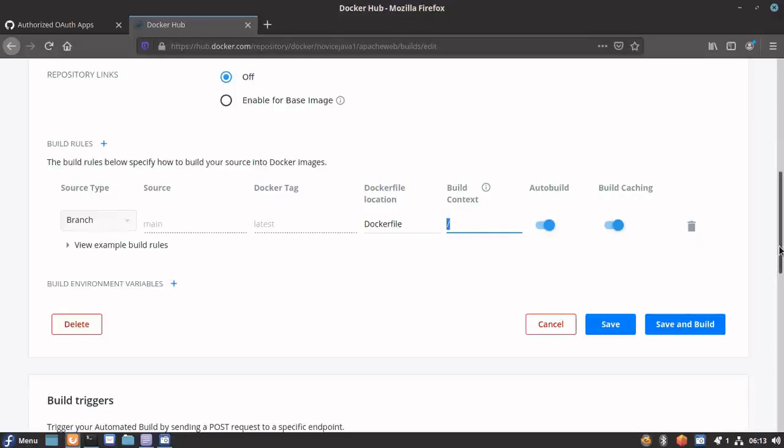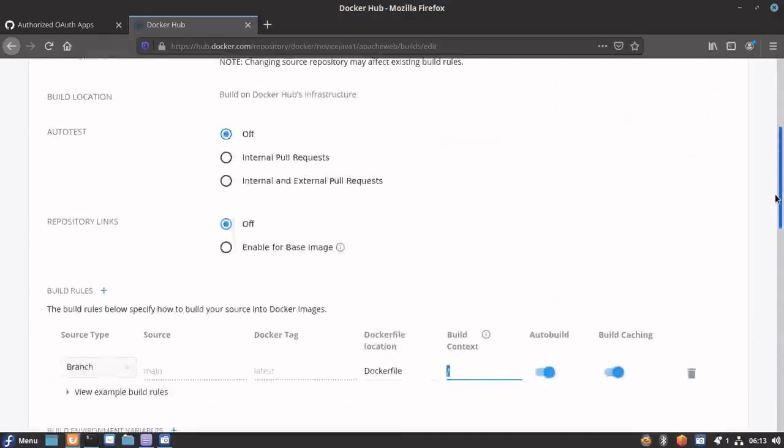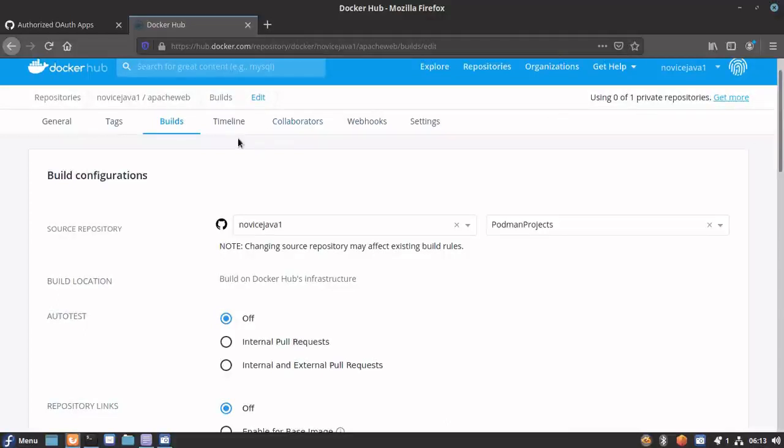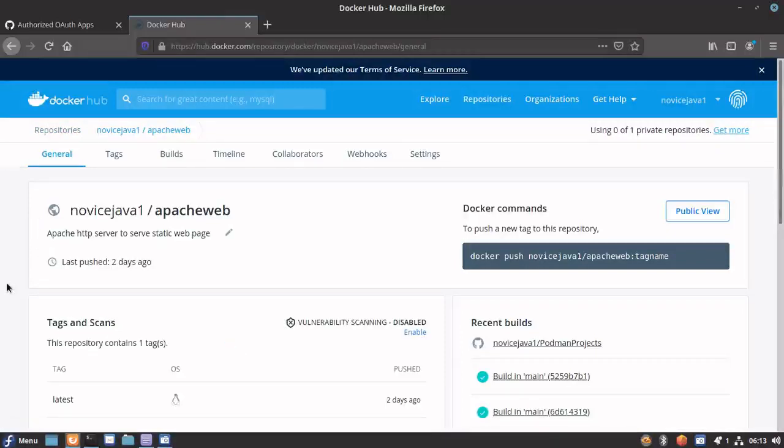Once the save and build is done, it will actually trigger a build. You can see this is our recent builds.